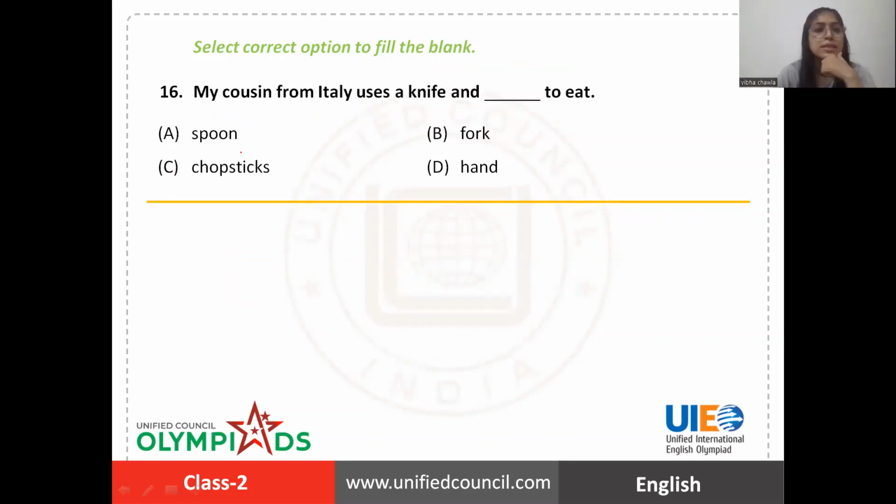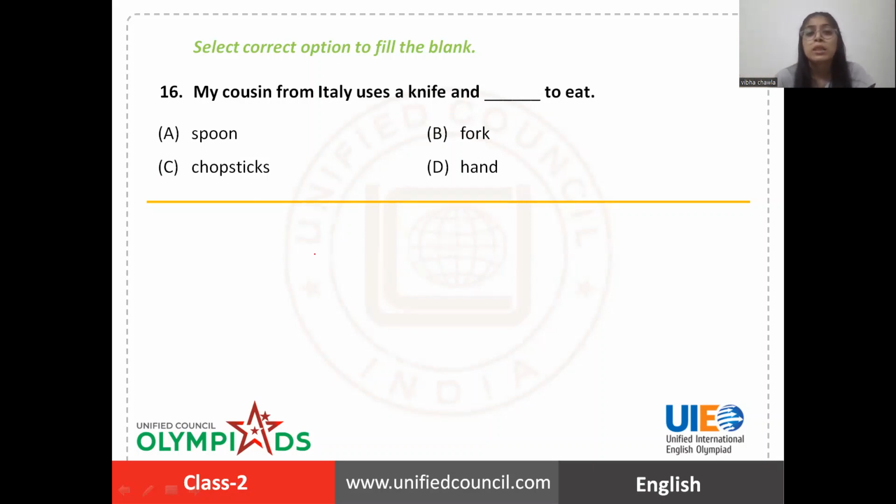Next is question number 16. My cousin from Italy uses a knife and blank to eat. My cousin uses what? A knife and spoon, a knife and fork, a knife and chopsticks, or a knife and hand. Let me tell you, in most Western cultures, or in Italy also, they use a knife